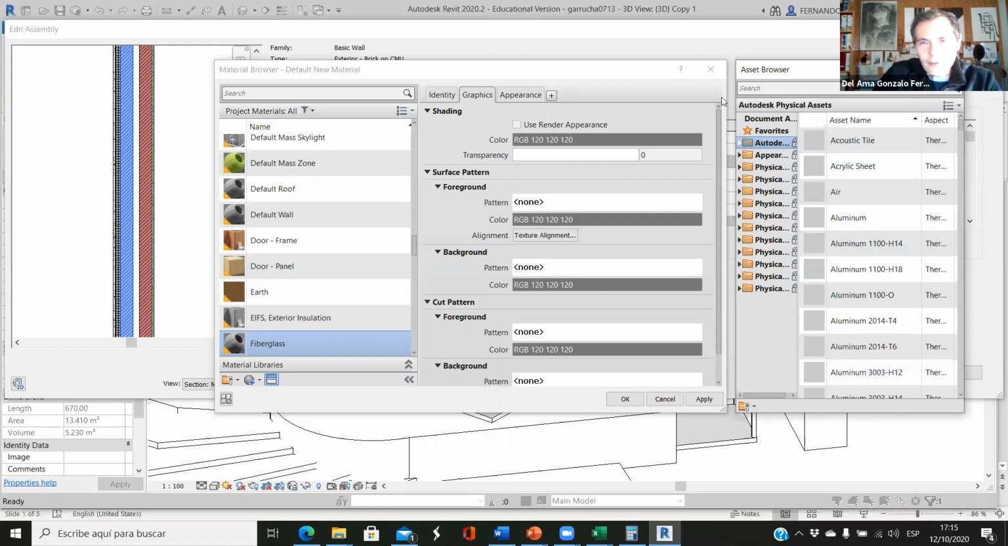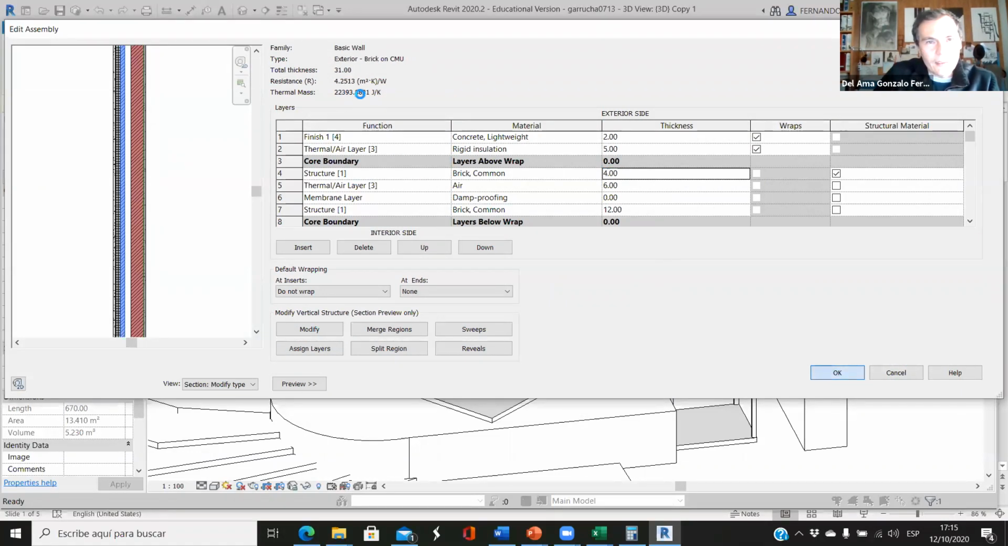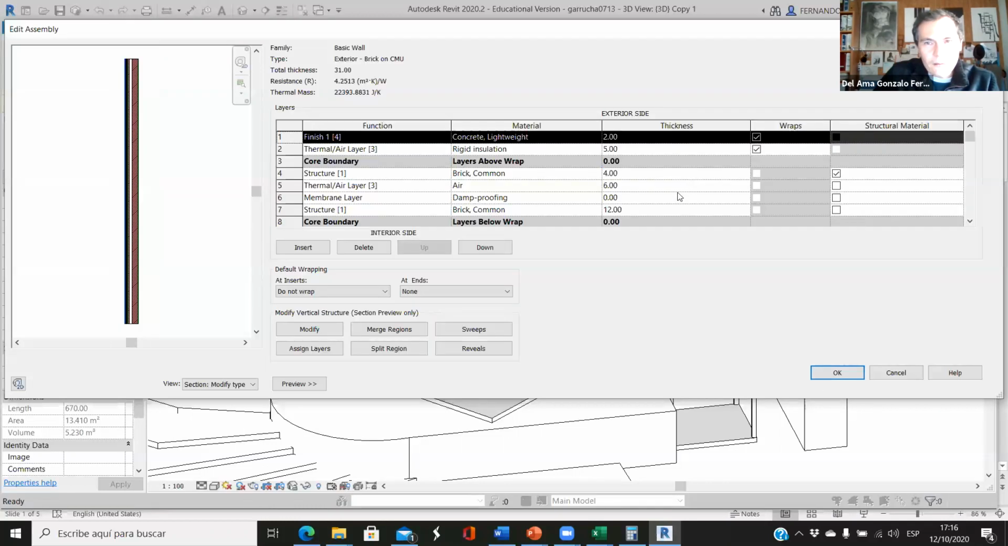So there are a lot of things we can do with Revit. And the good thing is that when we are working with that, we can change the thickness here. This is brick, so let's say that we have 4 inches. And here you see that we have the thermal resistance. This thermal resistance is 4 point something. I told you this is international units. So if you want to see how that changes,